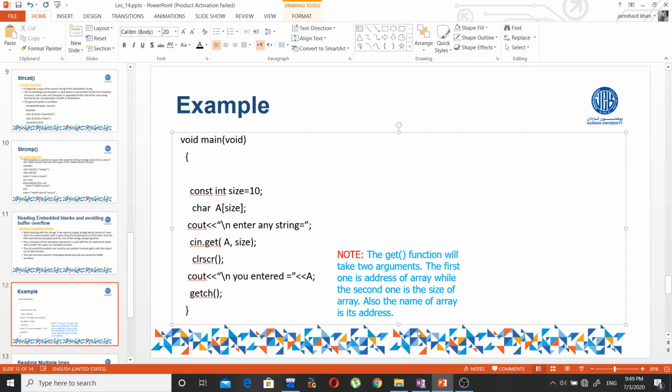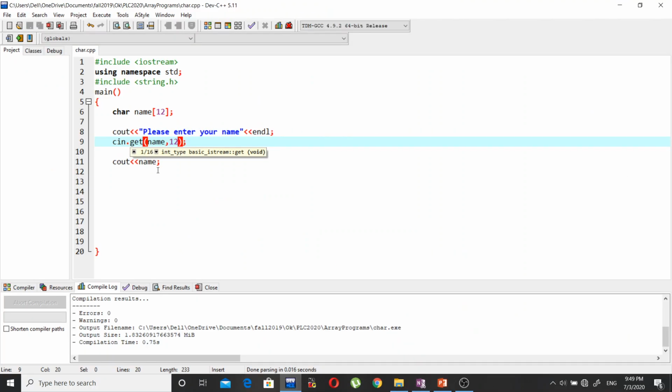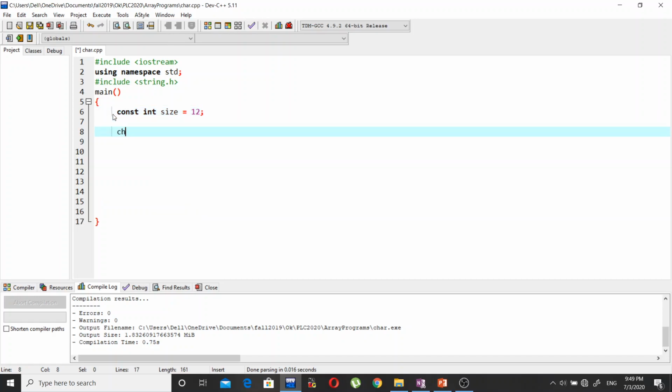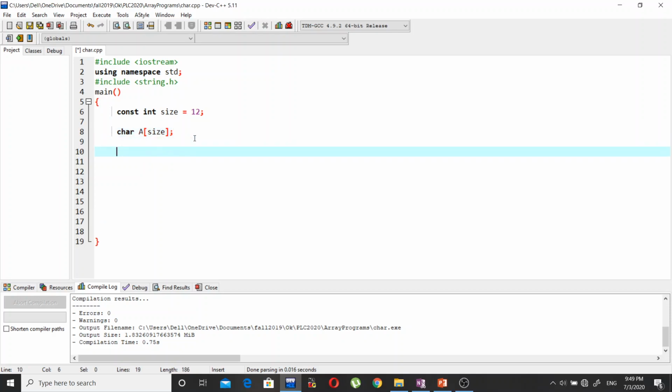You can write the same program in Dev C++ as well. For example, first of all I have to use the constant keyword and then constant size. The size is, let's assume 12, and then I'm going to use the array. This is the name of the array. The size is already defined, so I have used the size variable inside the array. Now after this I'm printing a simple message, enter your name,